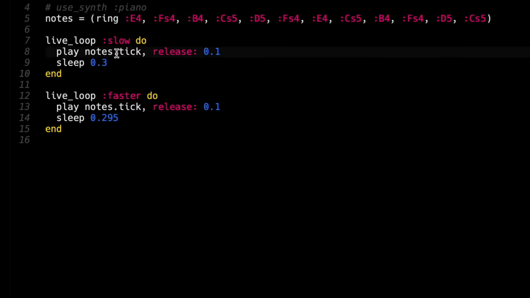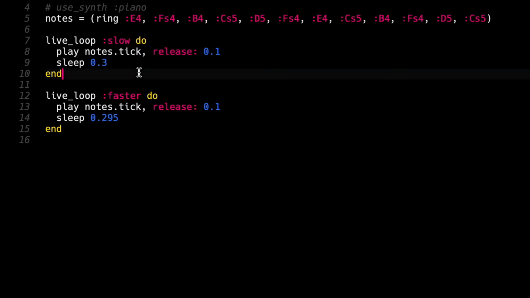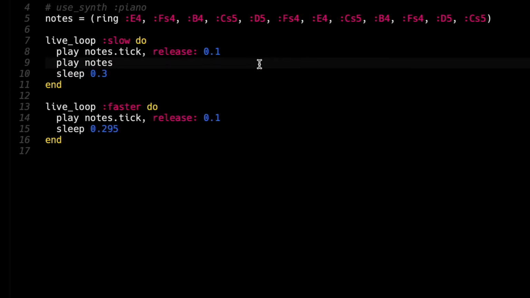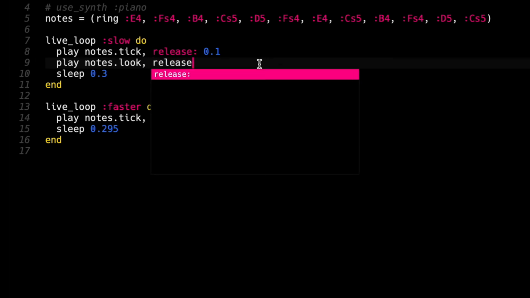And these notes are addressed via the tick. So if you've seen some of the other videos where we've been looking at tick, each live loop has its own tick. With each iteration, the tick increases. What you would have seen from some of the other videos is that if we want to access the tick within that live loop for several items, then we use look. So we call tick once, and then for the remainder of the loop, if we need to access the same tick, the same number, instead of tick, it will say notes dot look. Right? Because of the problem, which I will illustrate,